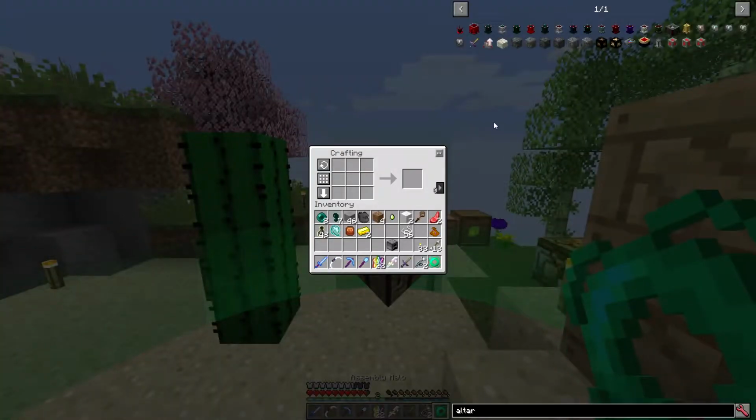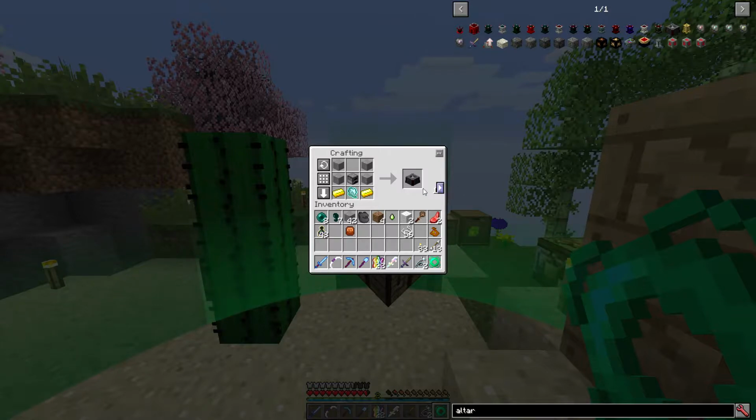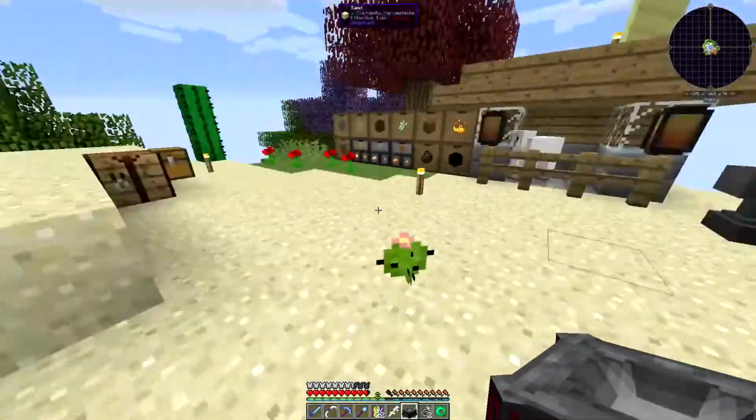So then let's open up the crafting table. Pull our blood altar in. Awesome. So blood altar. Excellent. So then we put the blood altar down somewhere. Probably...